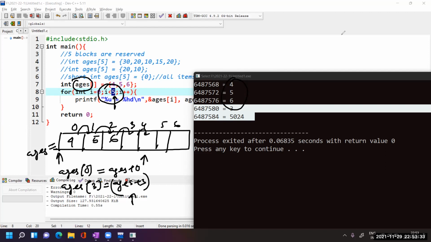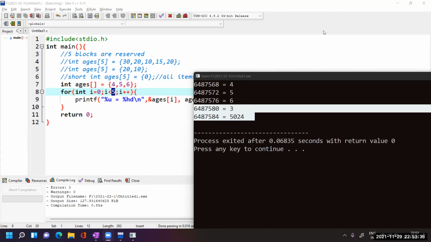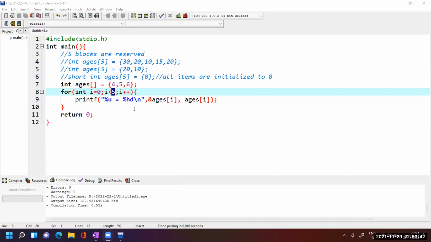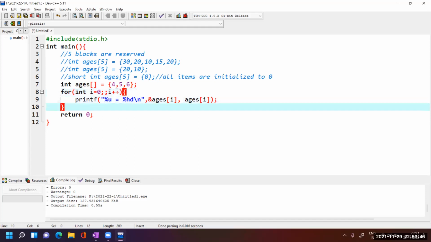Okay, so let's see this. Suppose that I did not control the index, and I did not put any condition here. No condition means it will be true.